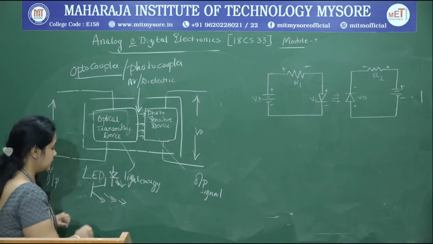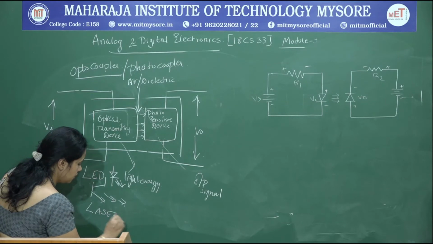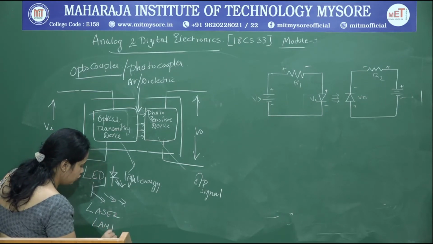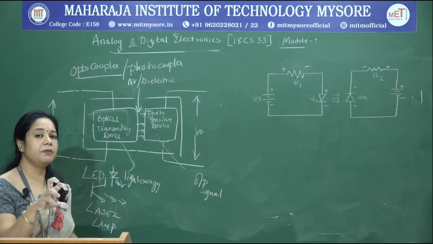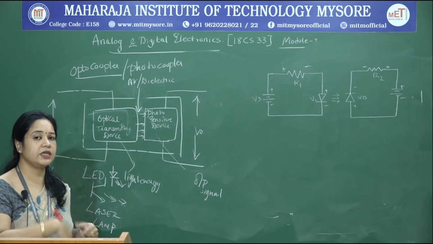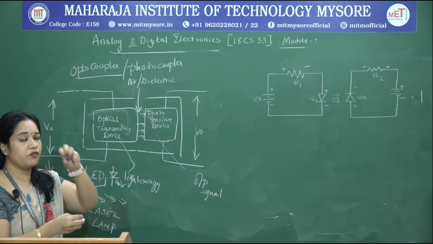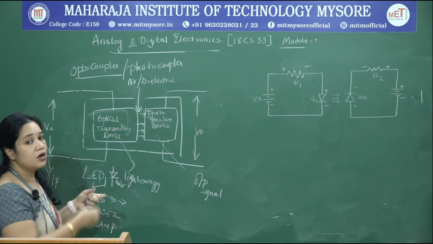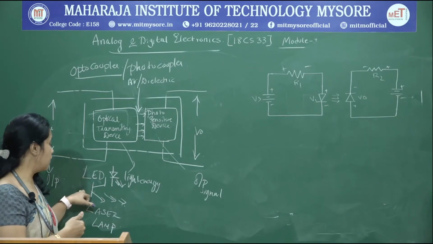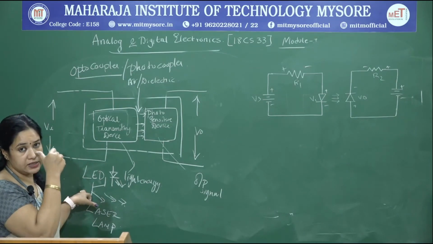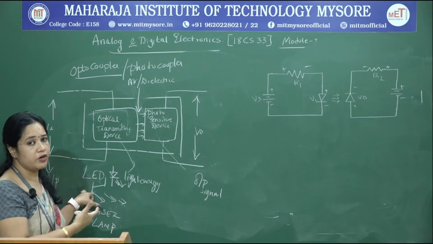So we have a phototransistor, and you could have a laser, or it could be a lamp. So basically all these are optical transmitting devices which are capable of converting your electrical energy into light energy. Light emitting diode produces light of suitable intensity depending on the forward bias used for biasing this light emitting diode. And likewise you have phototransistors. So these are transistors which produce light whenever they are forward biased.